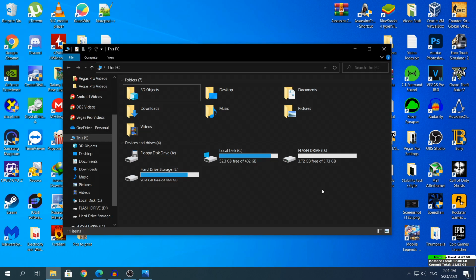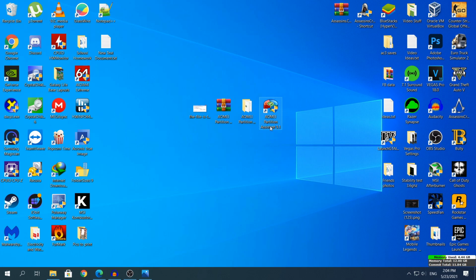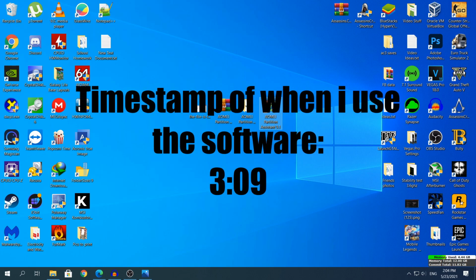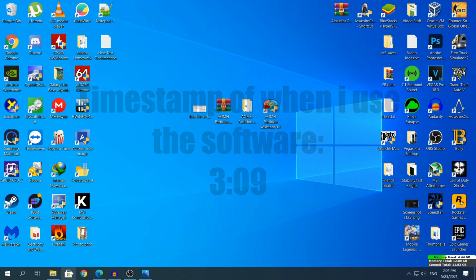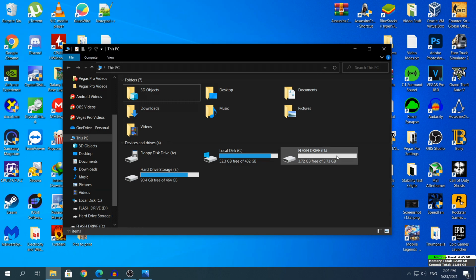So if you have lots of files and folders in your flash drive and you want to do the conversion safely without formatting the flash drive, then head to the second method of this video, which will be using the software, and I will leave a timestamp right now of when I actually use the software. And if you do not have anything in your flash drive like I do right here and you want to format it, then stay right here because I'll show you in a little bit how to do the format method. Or as I said, if you have files in your flash drive and you want to do the conversion safely without removing or deleting anything, then head to the second method, which I will be using the software.